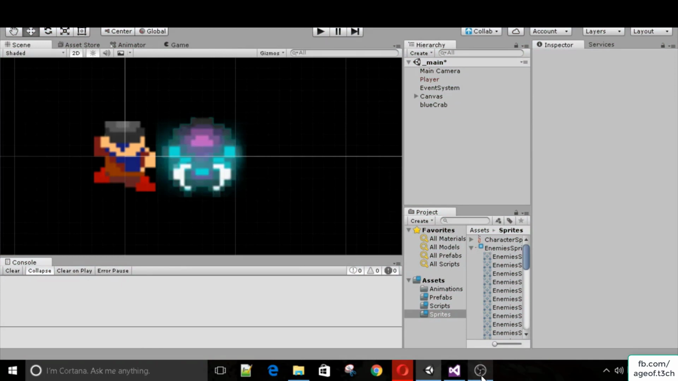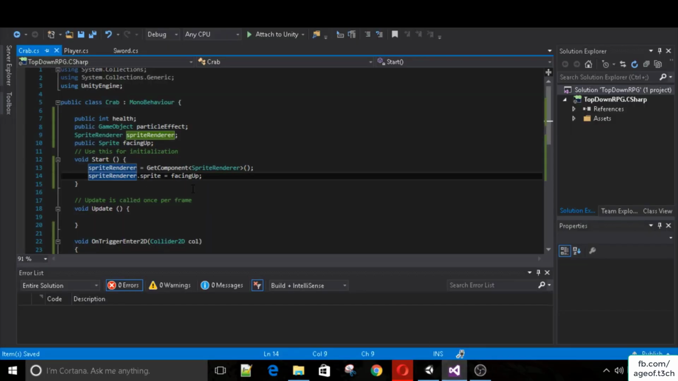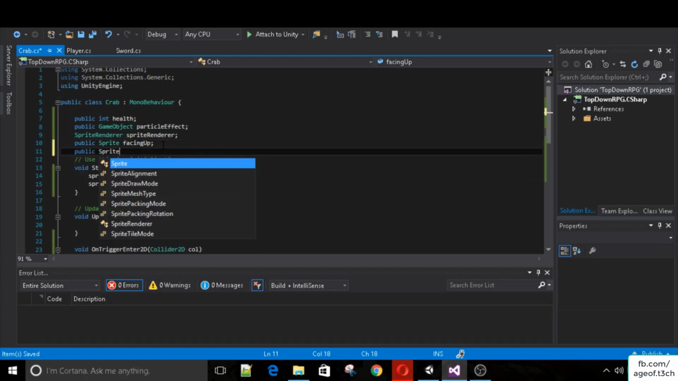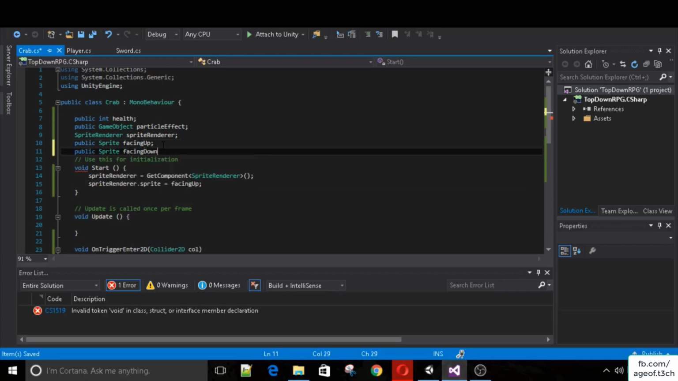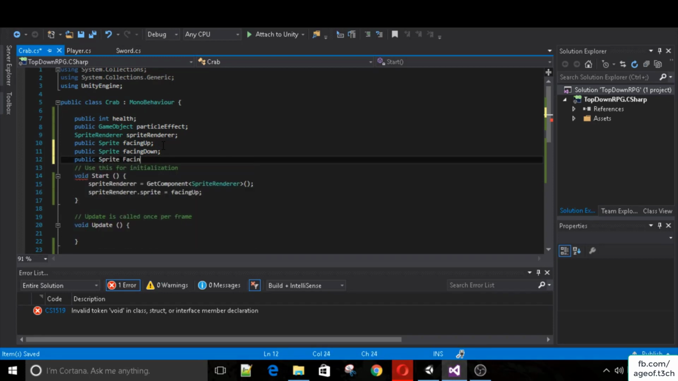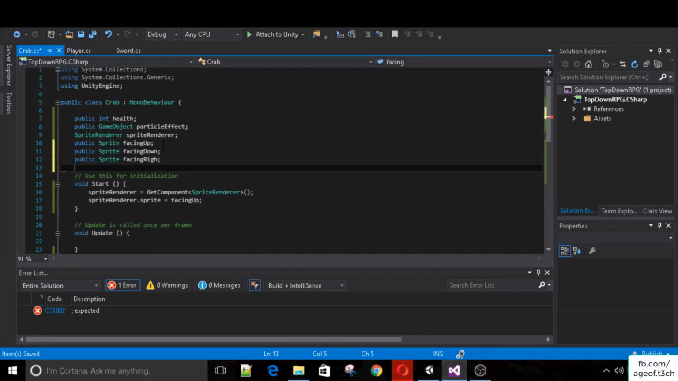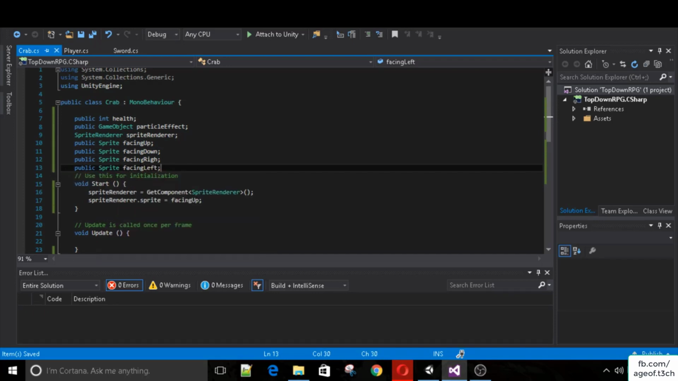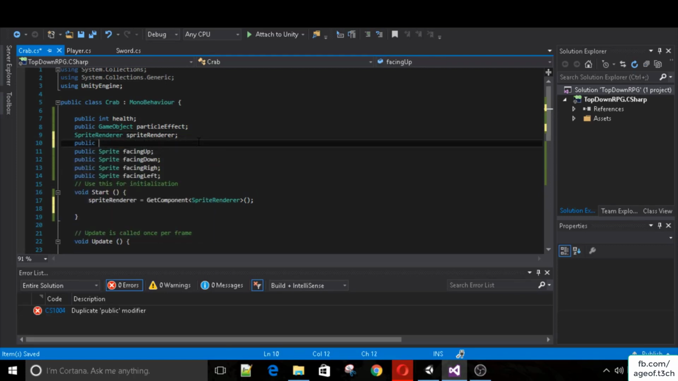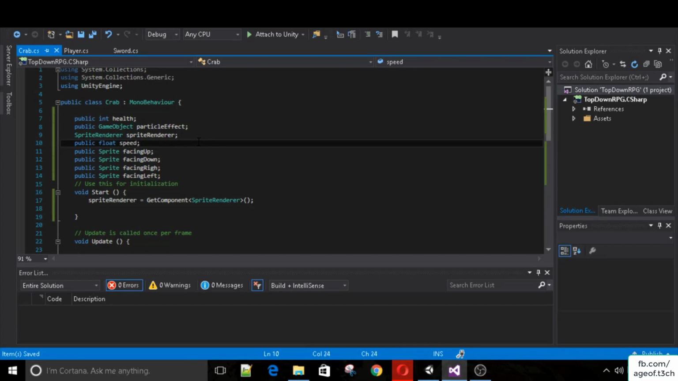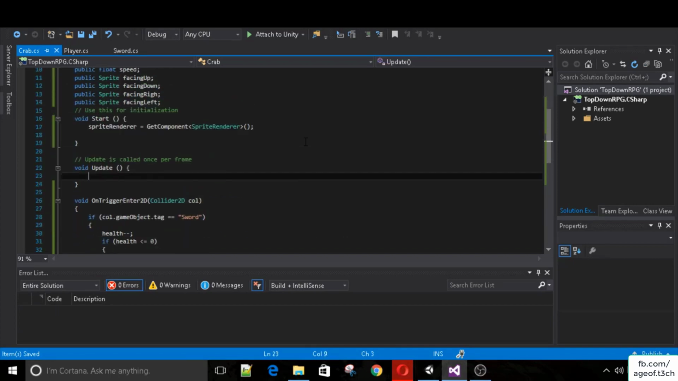So now what we want to do is, since we now know that we can change sprites through a script, we can create 4 sprites for this crab. So facing down, public sprite facing right, public sprite facing left. So we have all of these sprites, and when we move our crab, depending on the direction we're facing, we will be setting these sprites. Okay, so to move we need some kind of speed variable, and then in our update we can say,